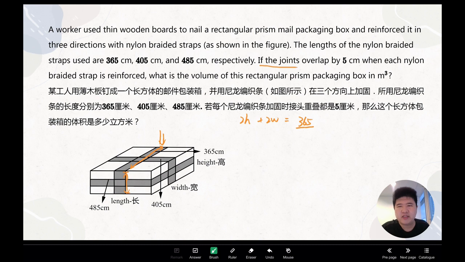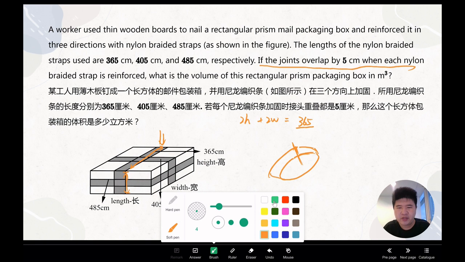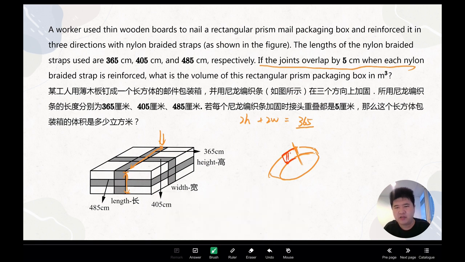But they say the joint overlapped by 5 centimeters when each nylon braid is reinforced. 我们在每次加固的时候都会有5厘米的重叠。How to understand it? For example, this is a kind of tape. If we just put the 2 sides of this tape together directly with no overlap part, 如果我们没有重叠，直接拼到一起，它可能粘上吗？Is it okay to be fixed? It's not okay. So usually we make sure one side is longer than the other side, and then this part will stick together. 我们一般会保证一端长于另一端，这样有重叠的部分就可以固定在一起了。